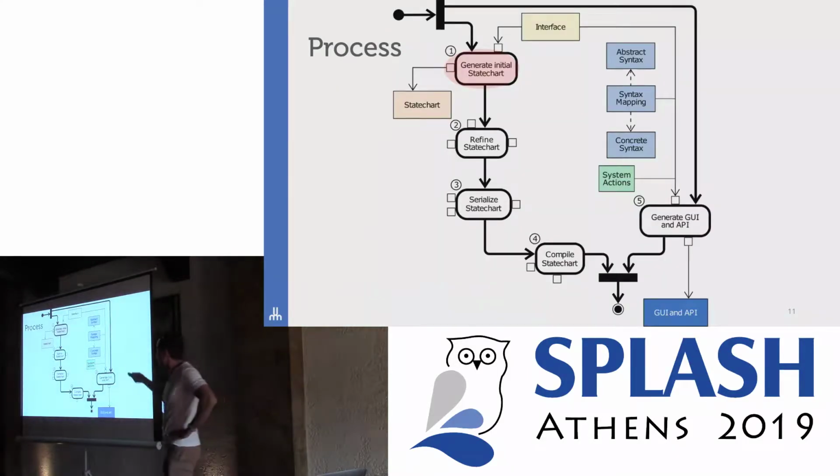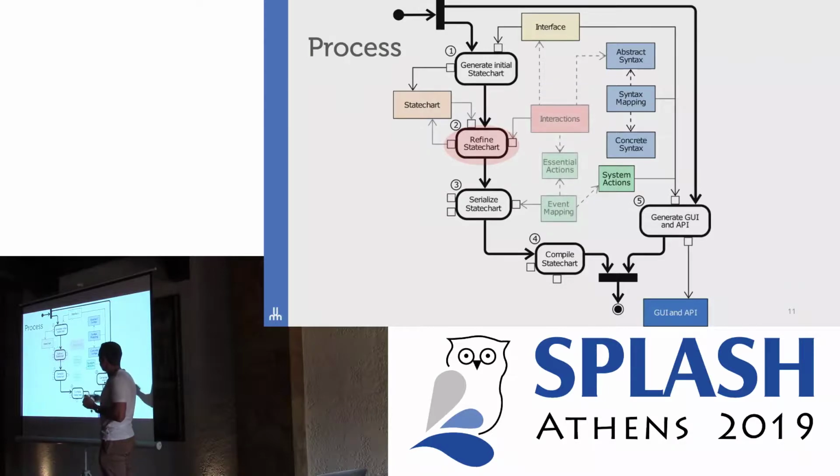So given that initial state chart that we generate, it's a super simple transformation, then we apply a set of refinements to be able to basically accept or implement, operationalize the interactions with that. So for that, we need an interaction model that will define how you can transition from one state of the editor to the other state. And that interaction model depends, of course, on the interface, on the language, and also on